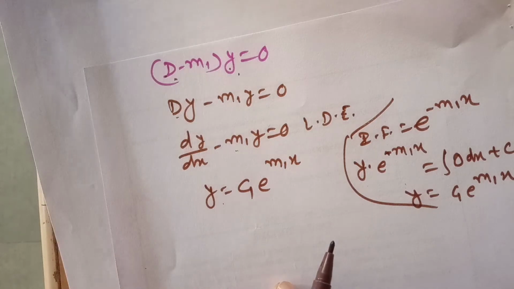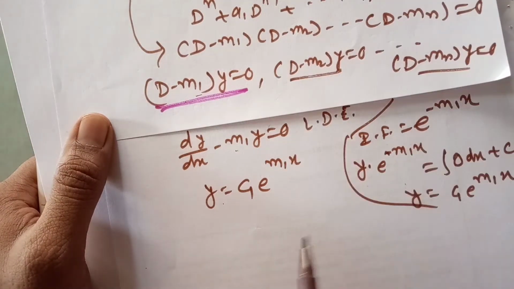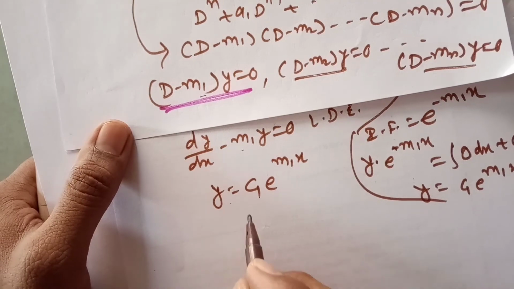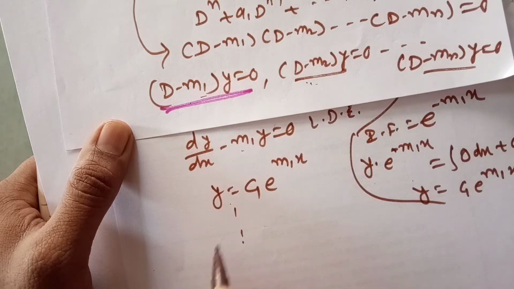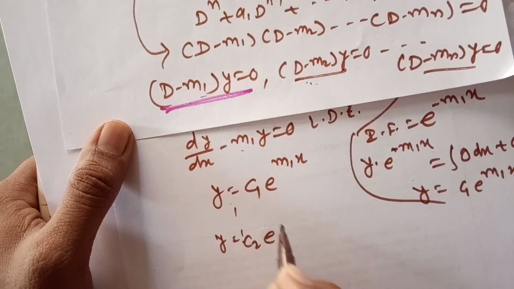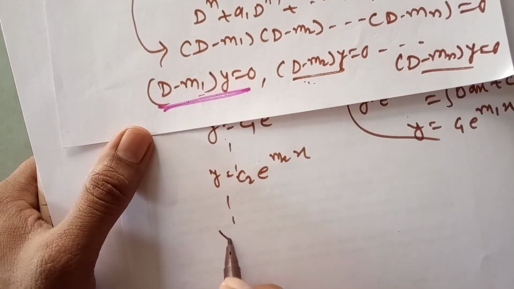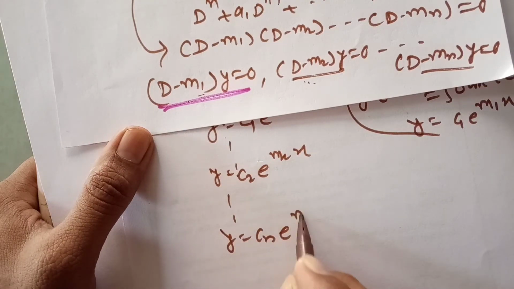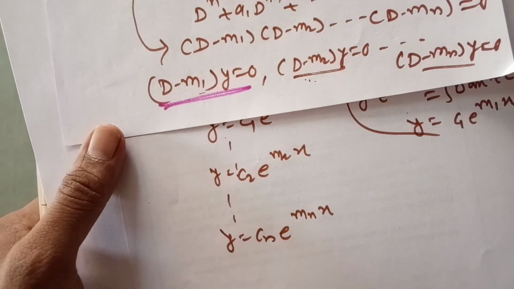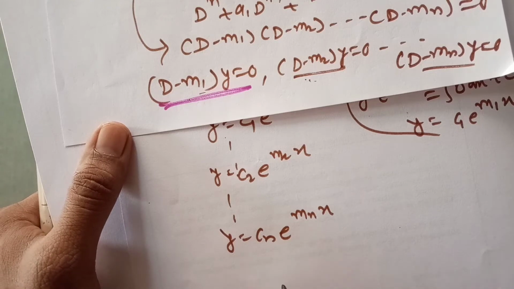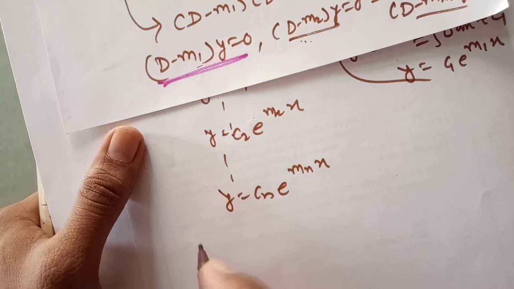We now have n such terms. This term is also there, this term is also there. Therefore I will write all possible solutions in this way. From this we are getting the solution y equal to c2 into e raised to m2x. Again I will write last, y equal to cn into e raised to mnx. All these are the solutions for this. Now if I take all these roots,